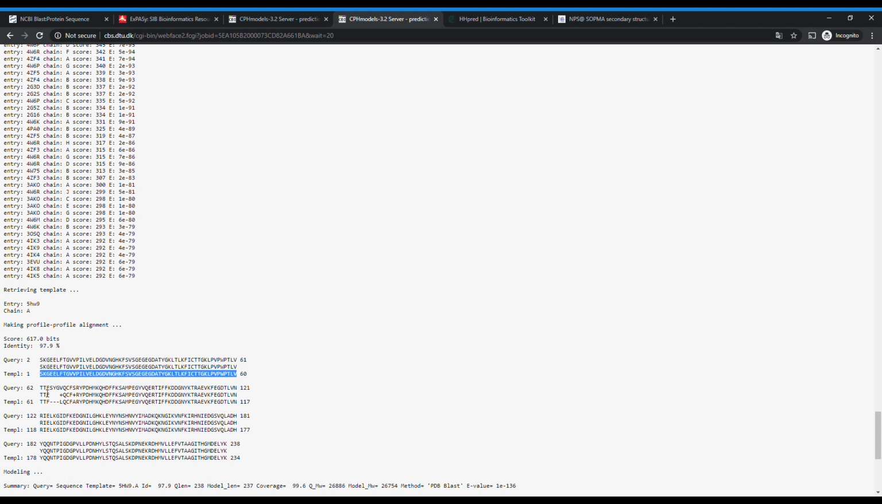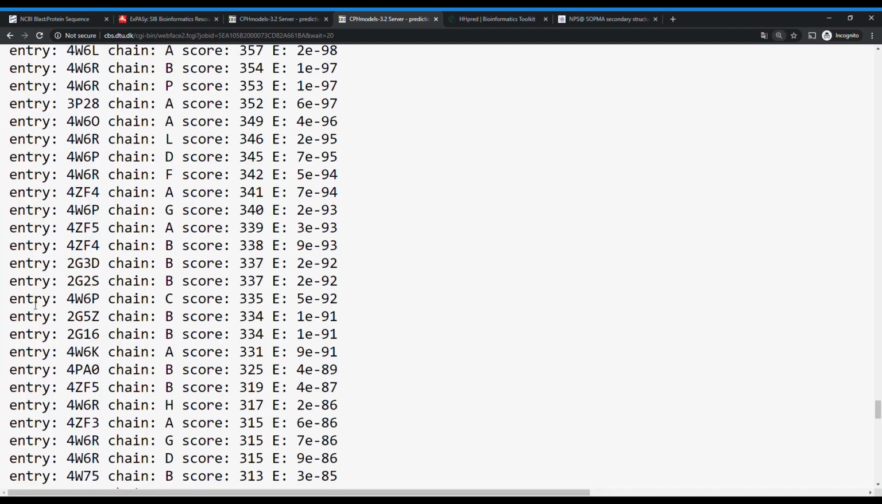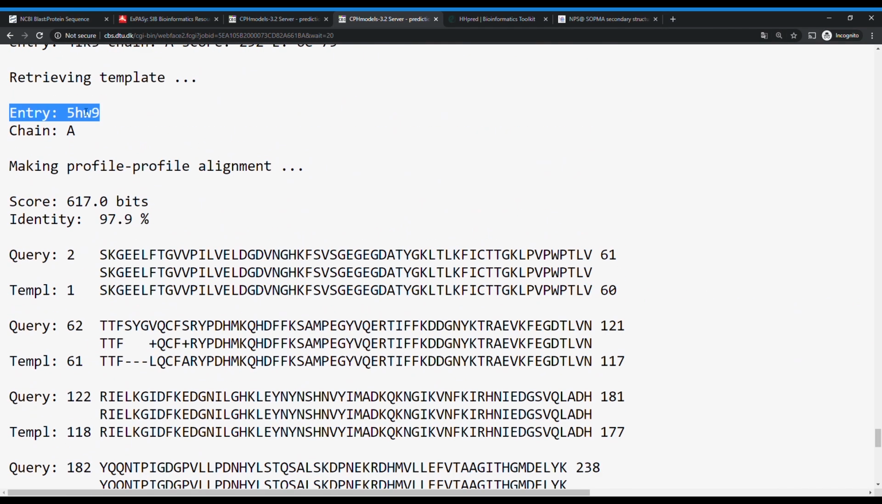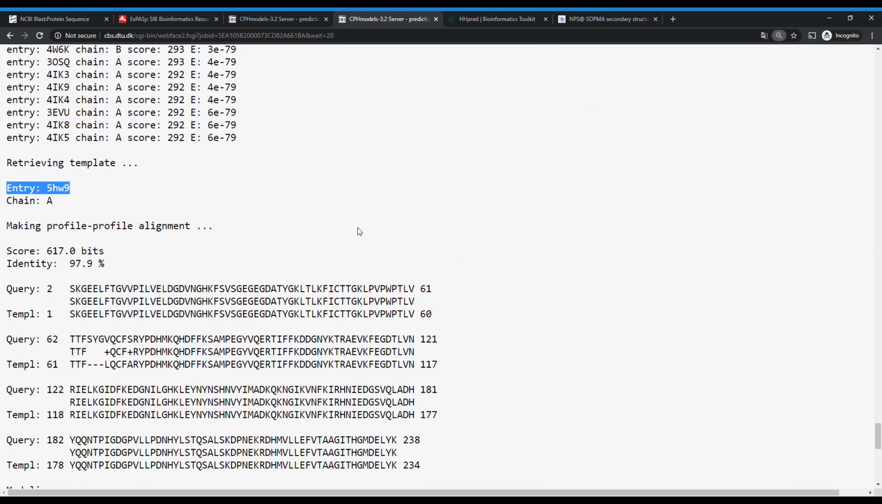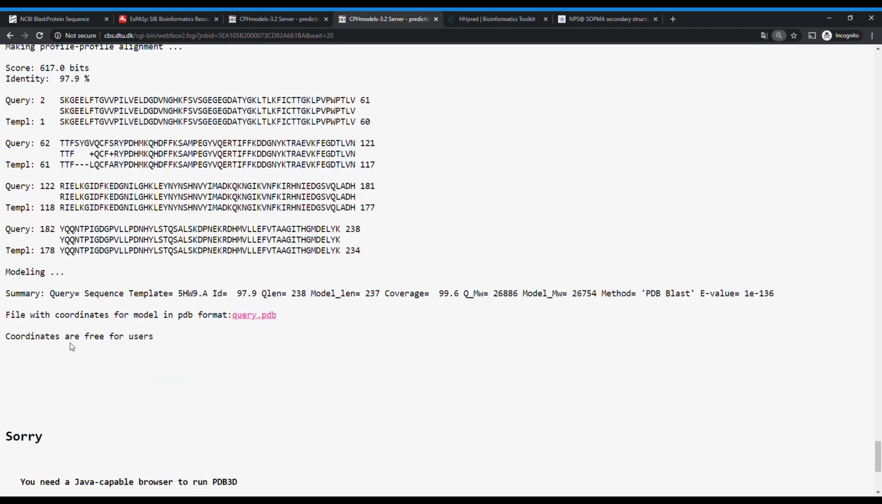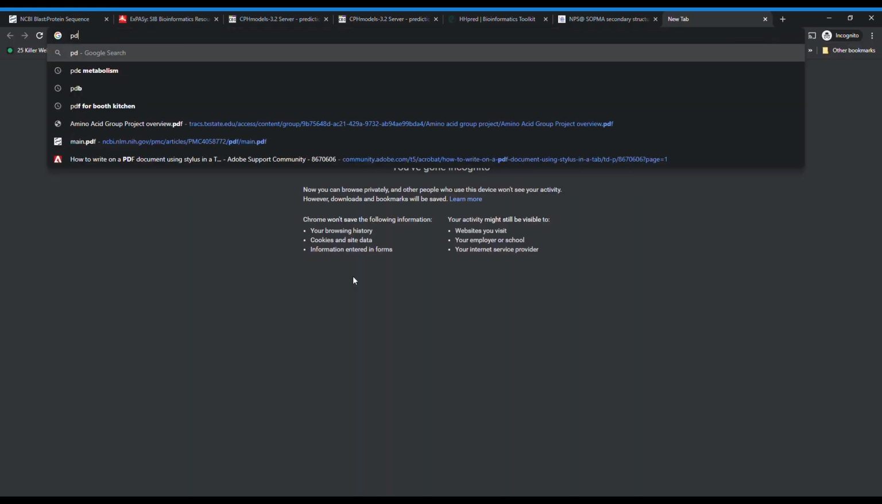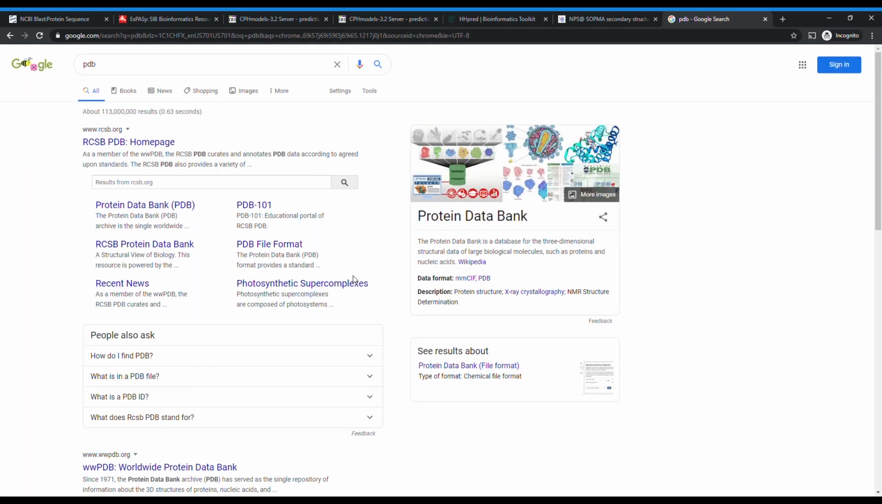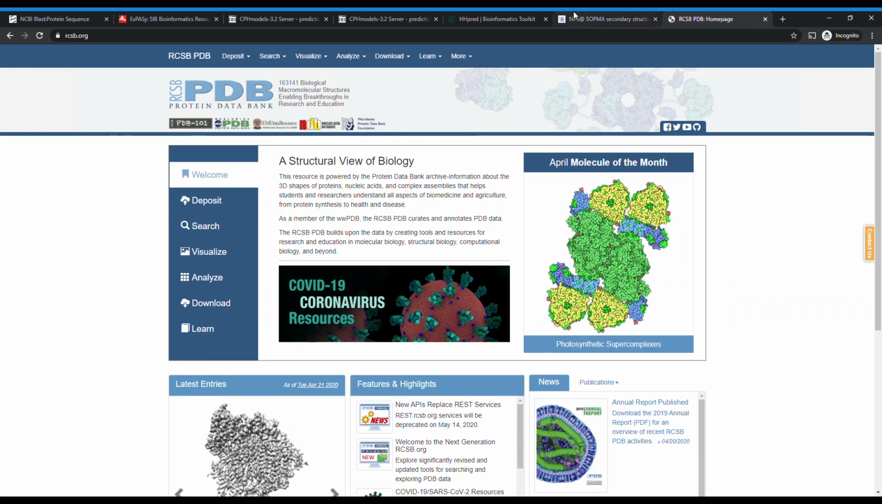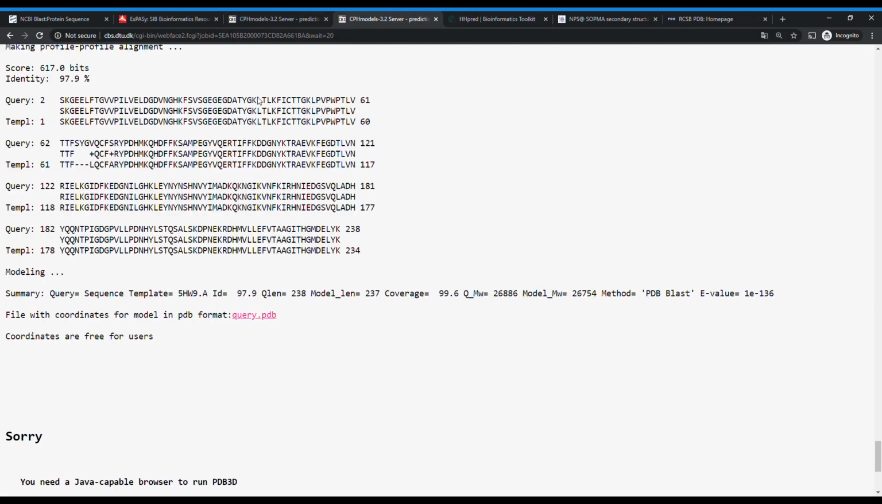And so if you look, we've got this comparison where we've got a lot of identical residues, and the entry right here is ultimately something identified as 5HW9. Now that is a 4-character code that is commonly used by the Protein Data Bank. So if you go to the RCSB Protein Data Bank homepage and then type in that result that we got,